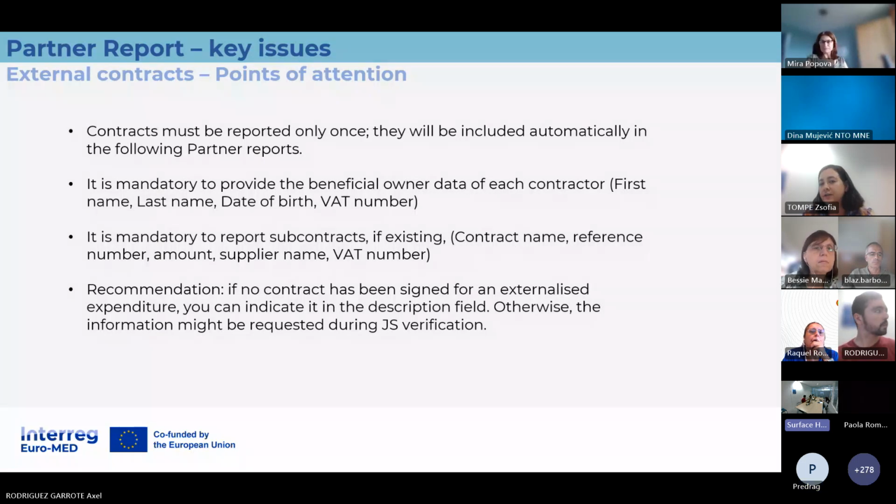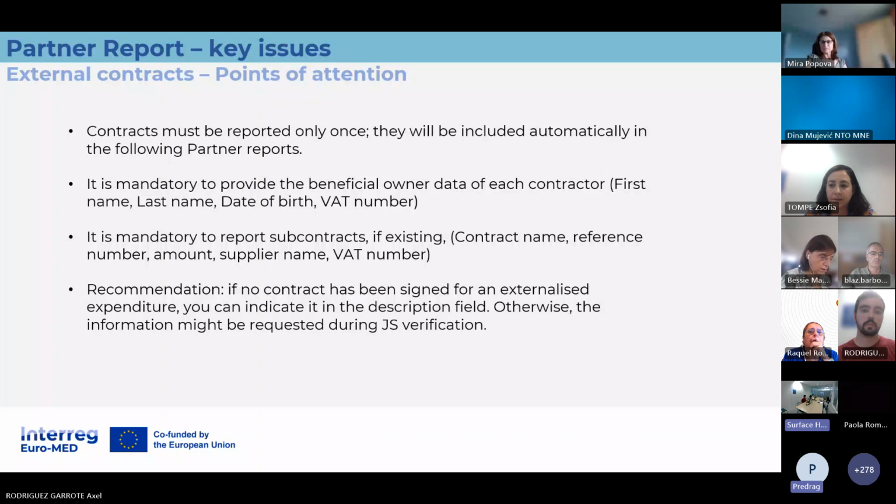Okay, it's a very specific question, so please, I ask you to send it in writing to our email address, and we will answer you directly, because it doesn't concern all of the participants. So if you don't mind, we will answer it later on.